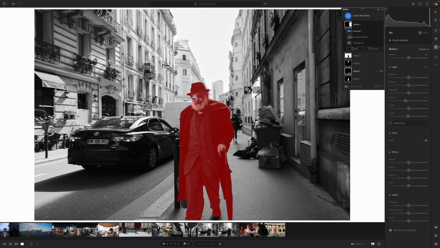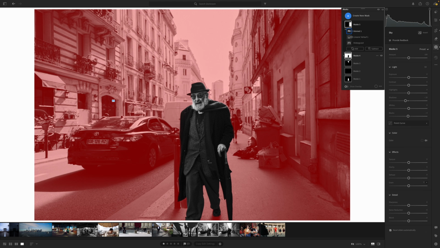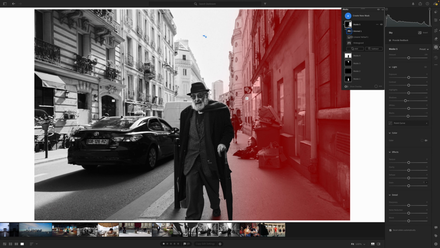Then we got another mask for his eyes. This one is for the sky. This one is for the background. And the fifth one is for the right-hand side of the street. I just darken it, and it's really subtle. So if I toggle it off and on, you can see it doesn't do much, but it contributes to the